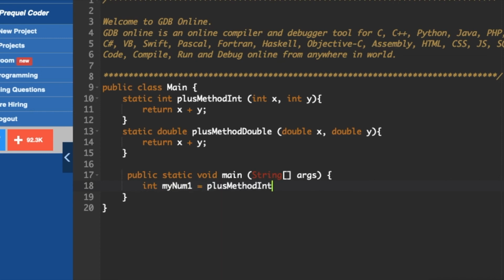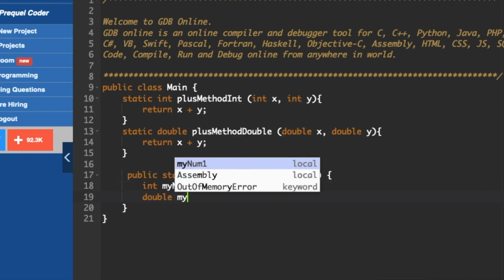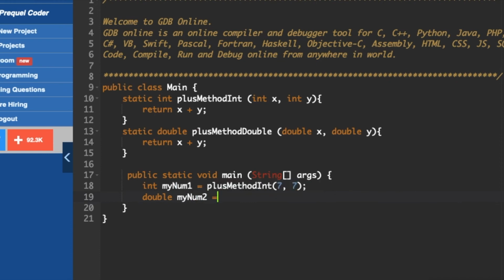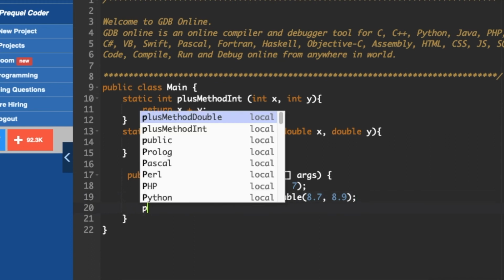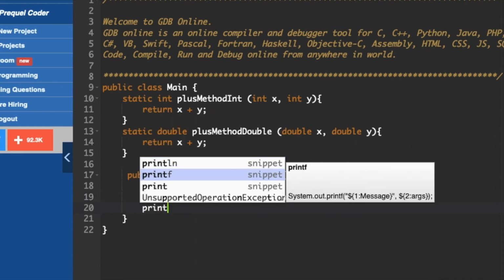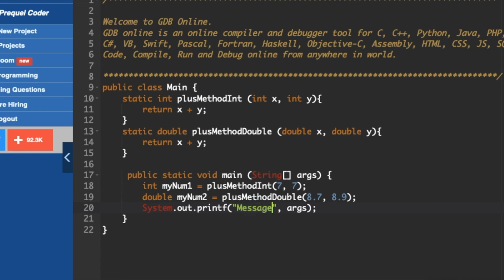plus method int 7 comma 7. Now I'll close it and declare it with the double also. So here you need to invoke some decimal numbers as you are dealing with double. Now I'll write a print line snippet, so it has printed printf. So I want to print a line, not a function.